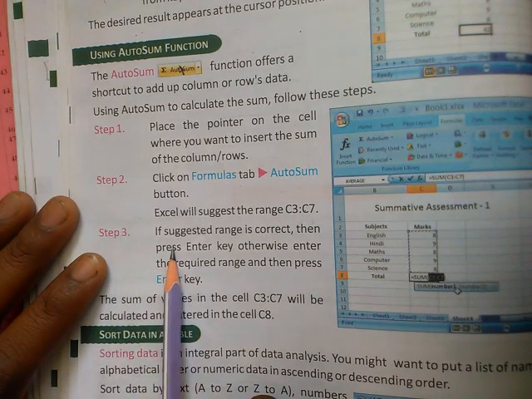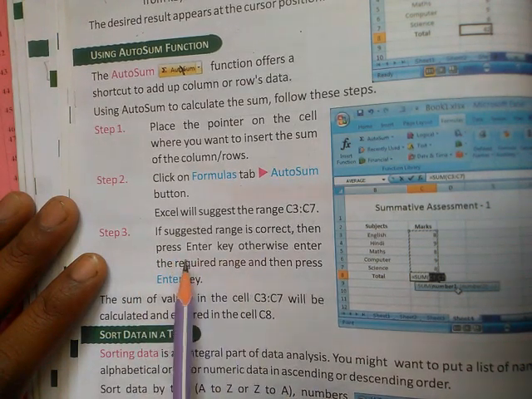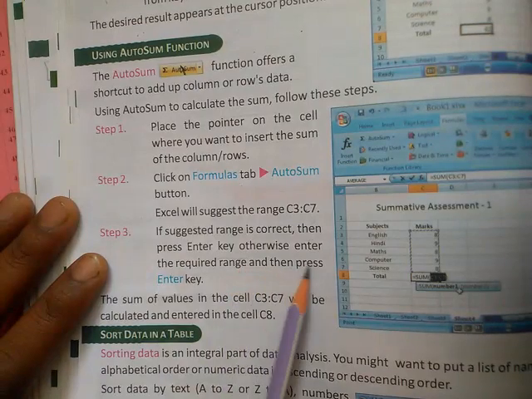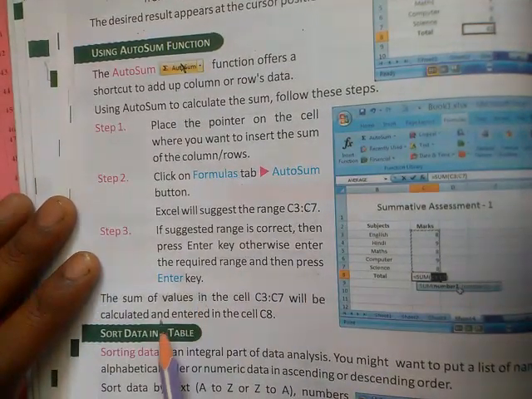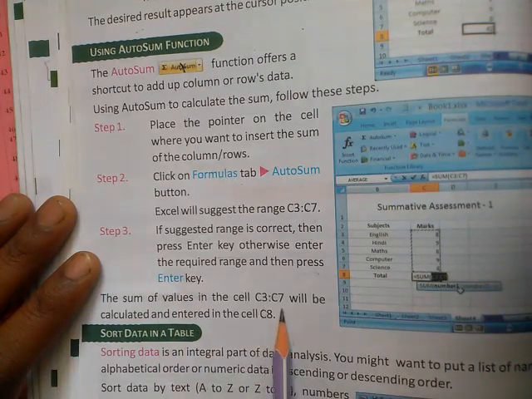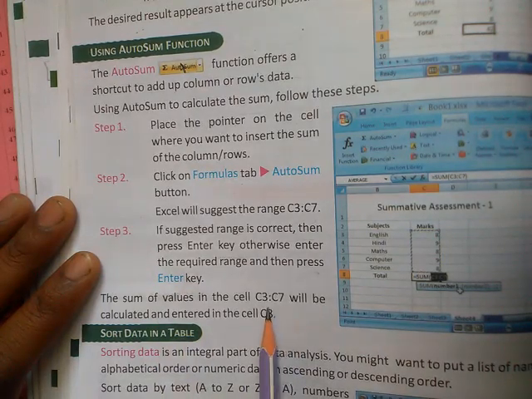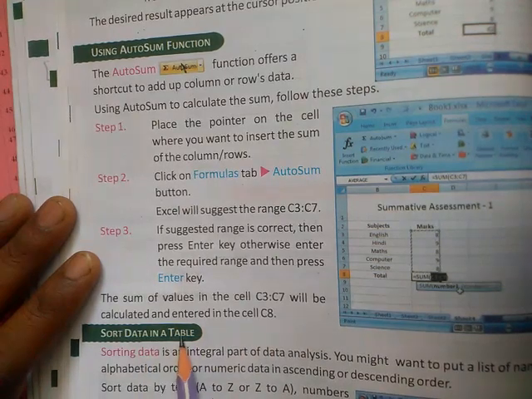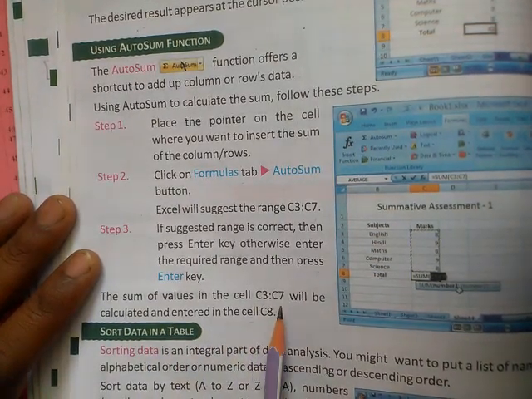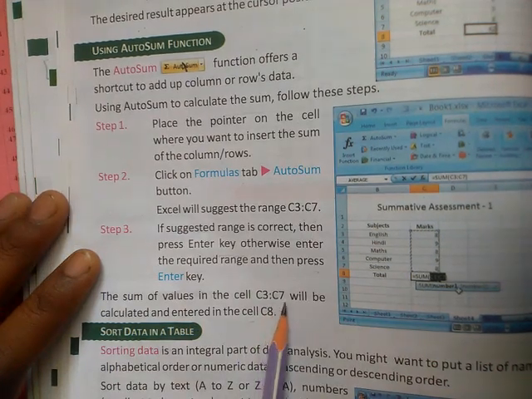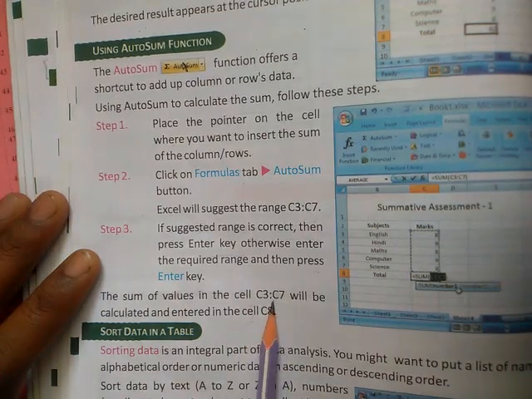Step 3, if the suggested range is correct, press the enter key, otherwise enter the required range and then press the enter key. The sum of values in cells C3 to C7 will be calculated and entered